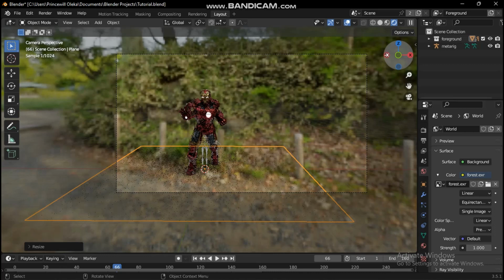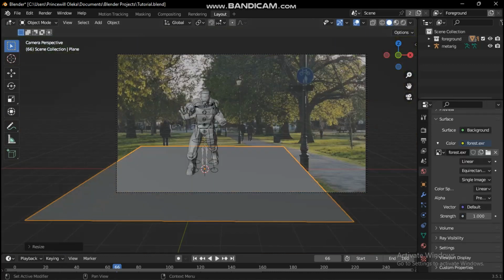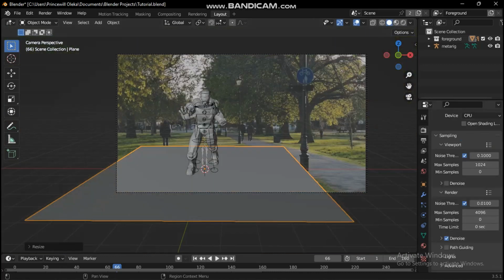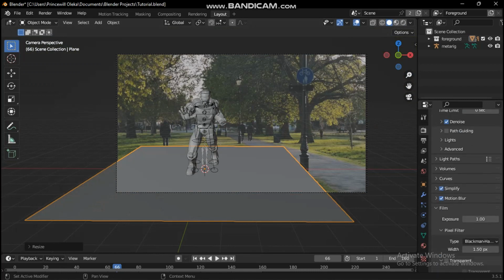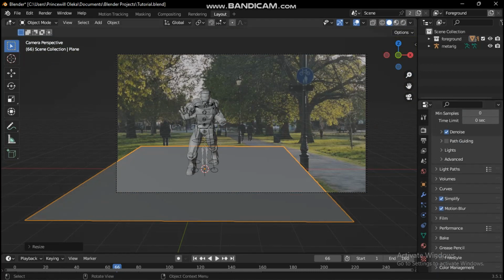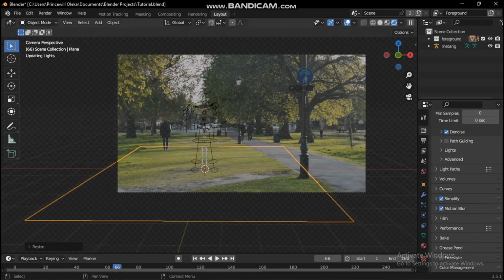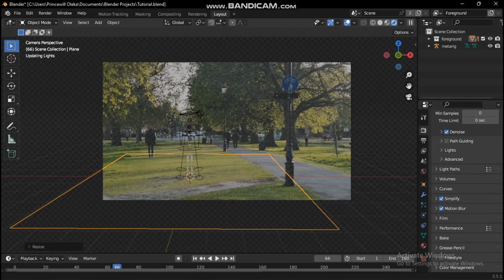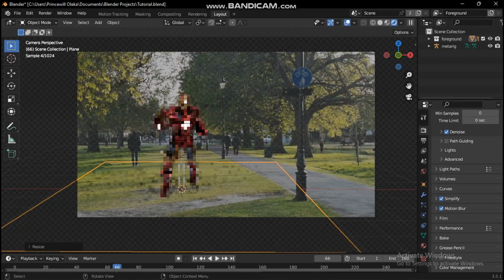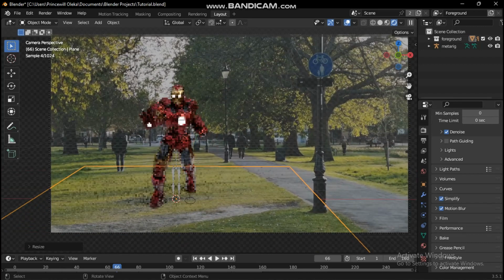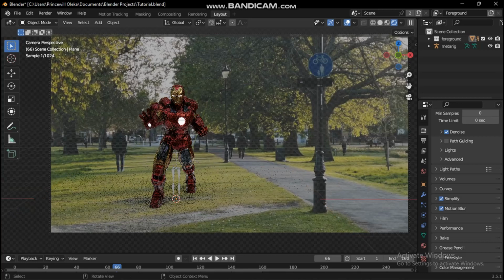we still don't have a background. In order to bring our background, what you need to do is go under the render properties, film, transparent. So Z to rendered, or you can go over here, just select here, and there we have our Ironman right there. So Alt A to deselect, but you can see it's too